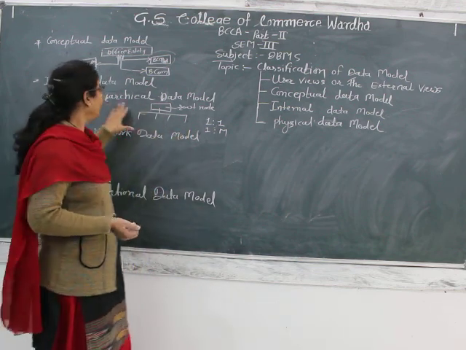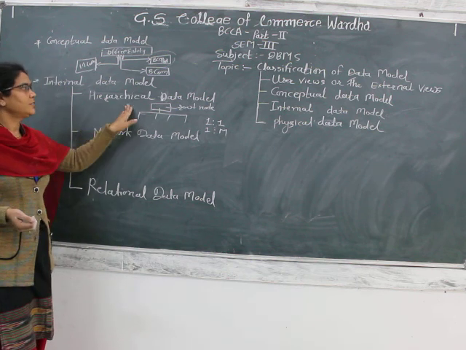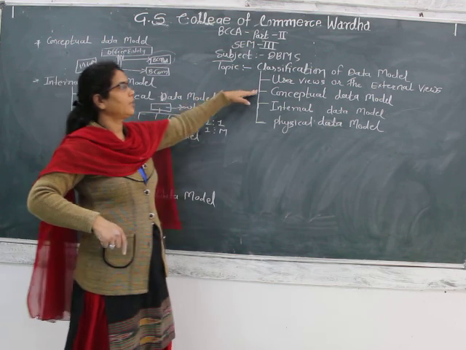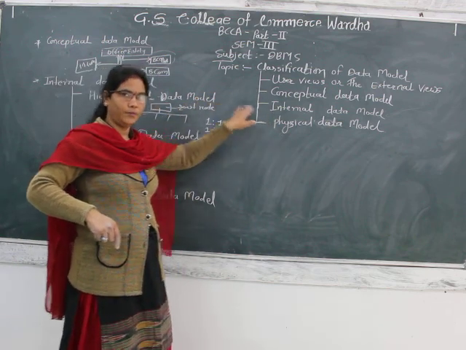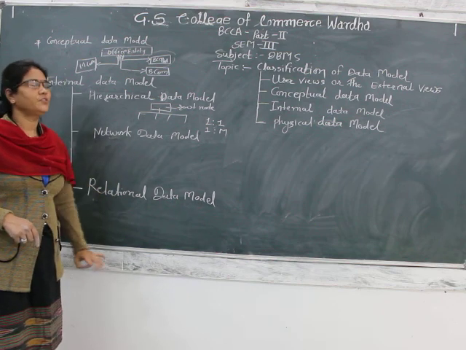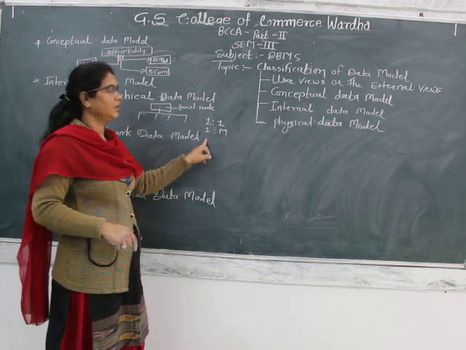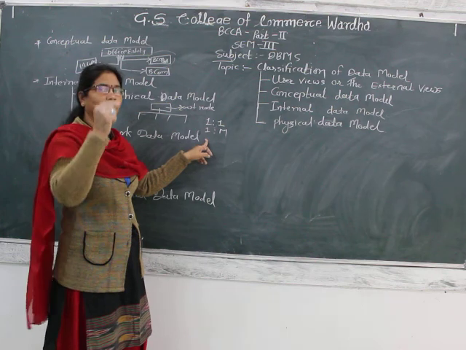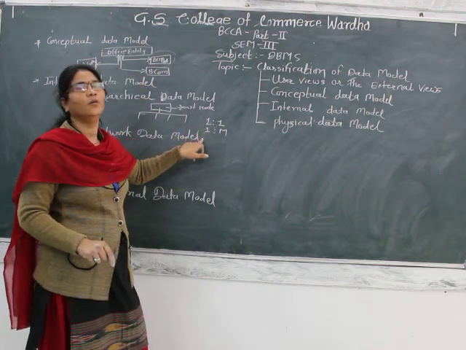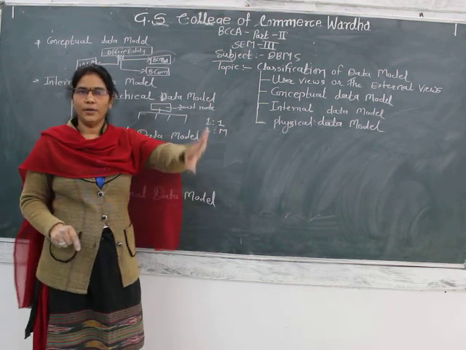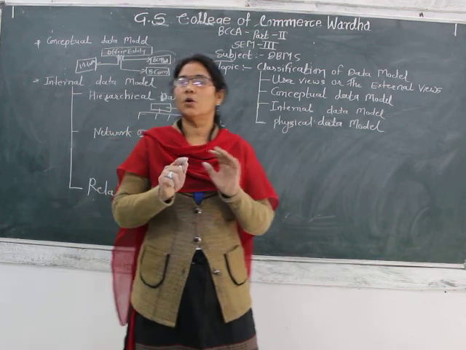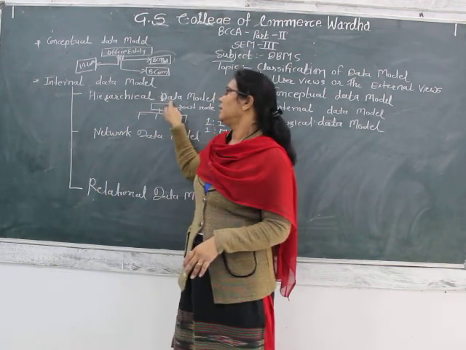Those are the types of association between the entities of our database. But basically, when we design the hierarchical data model, or when we map our conceptual data model into the internal data model with the help of the hierarchical concept, we need to satisfy the condition that the entities have only a 1:1 or 1:many relationship between them. Many to many or many to one association between the entities is not allowed in the hierarchical data model.